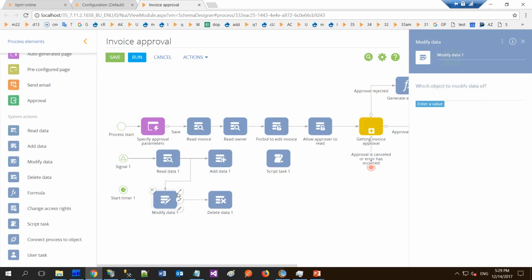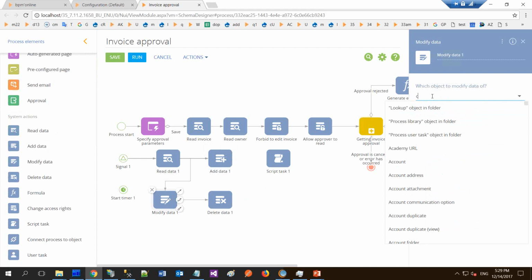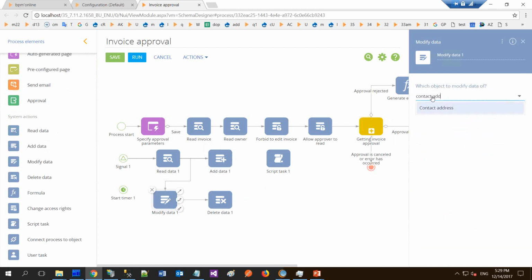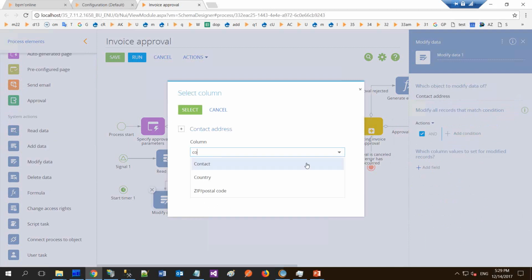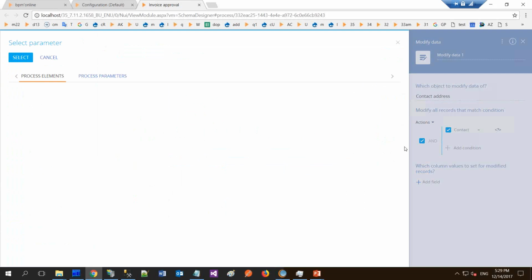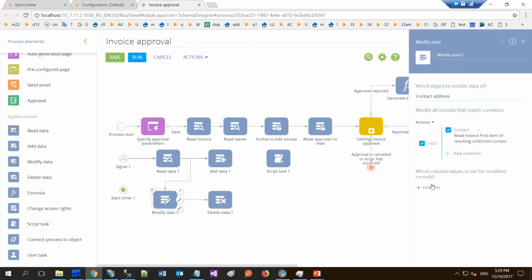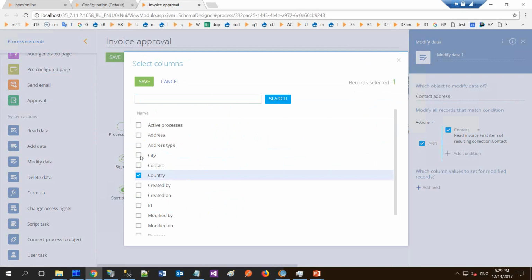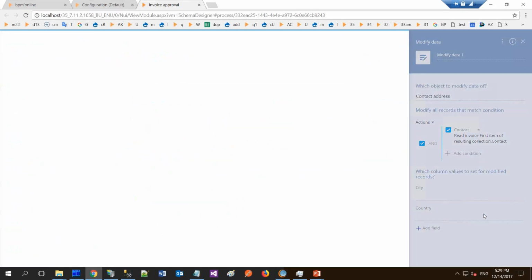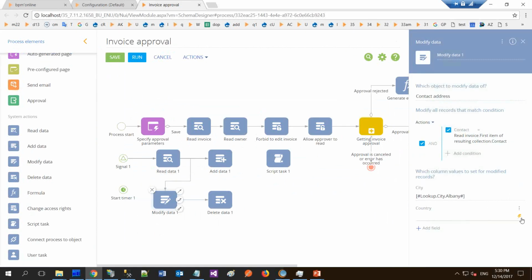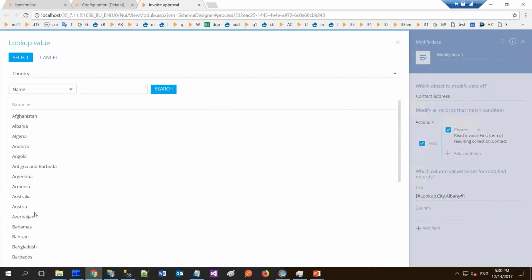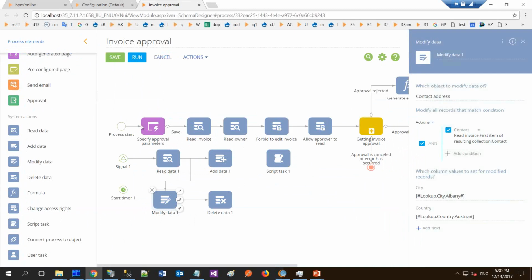We also can modify some data. Modify means update. We can specify a set of records which we want to update. And we also can specify a set of columns that we want to set up. Just an example, but you see that the update operation can be different,